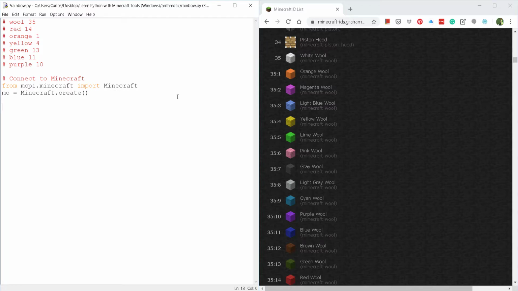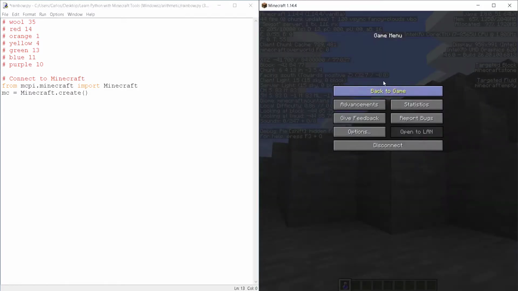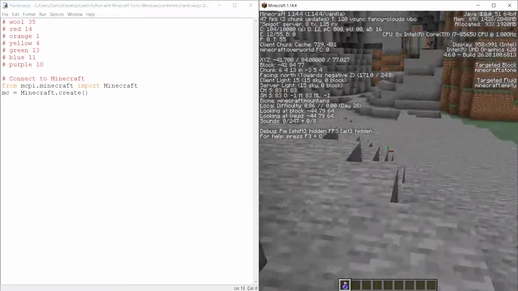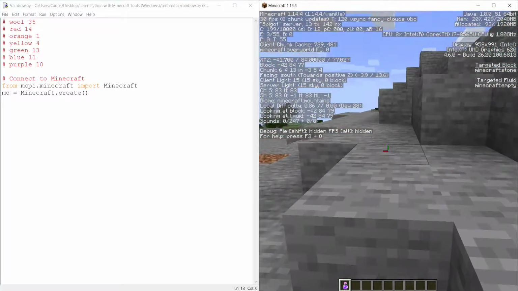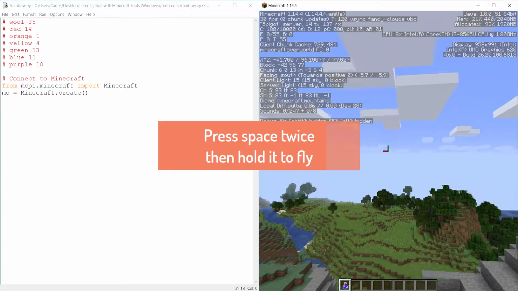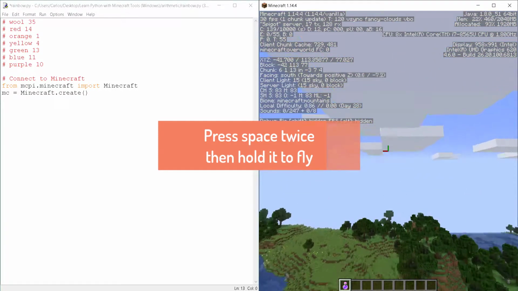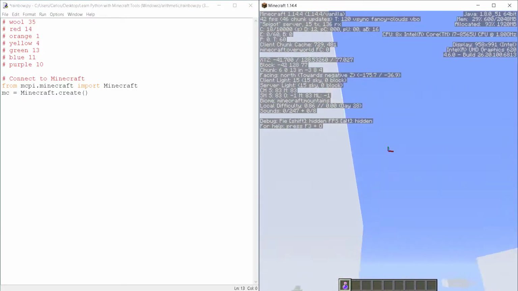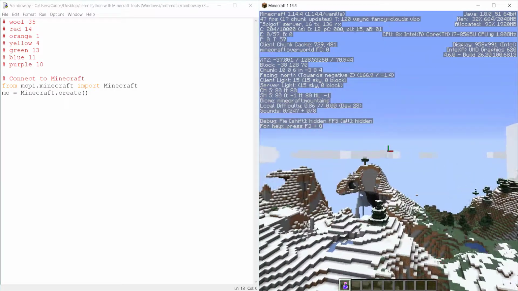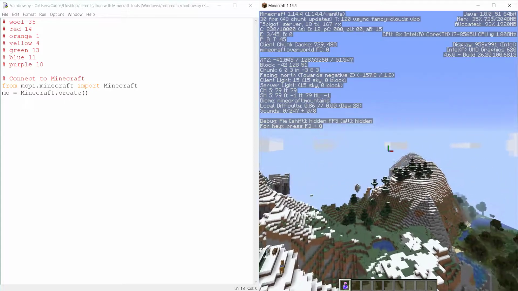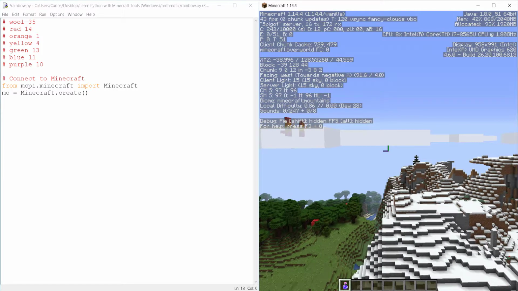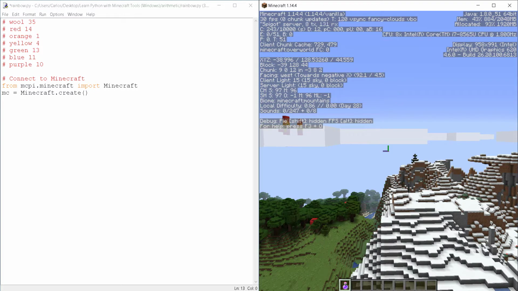Now the next thing you need to do is define the starting position. So where do you want to start creating your rainbow? So for that, you need to go back to your game, and of course I don't want to create my rainbow on the floor, so I'm gonna fly. So I'm gonna press spacebar twice and hold it to go up, up, up, up. Maybe not that high, or the clouds will cover, or it's fine. Let's find some clear space right here. Okay, so this is where I want to build my rainbow,